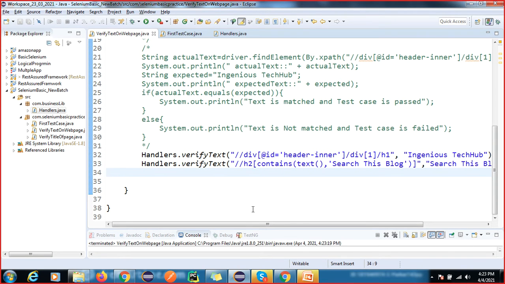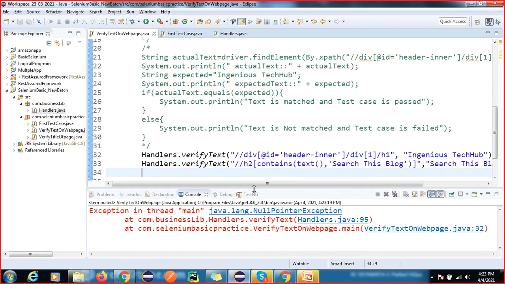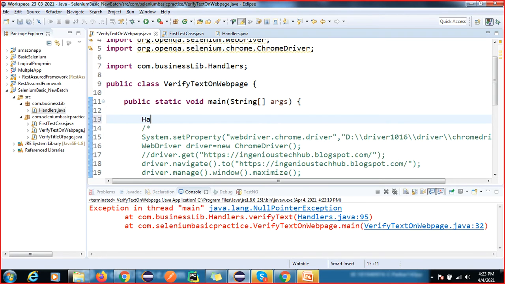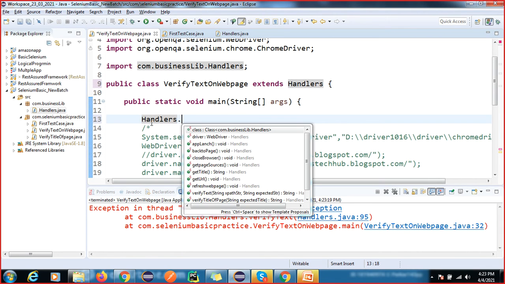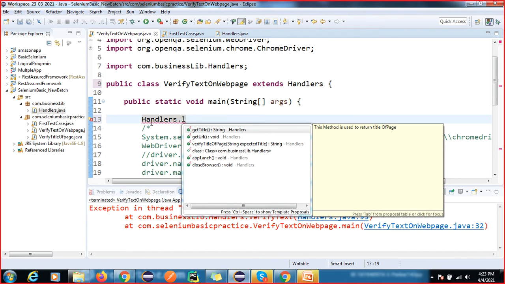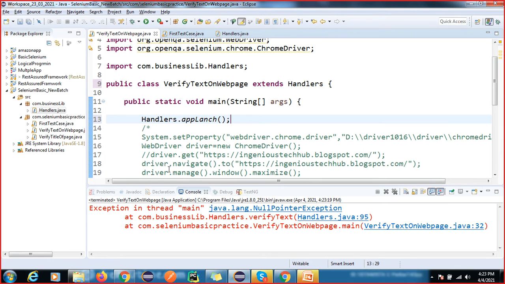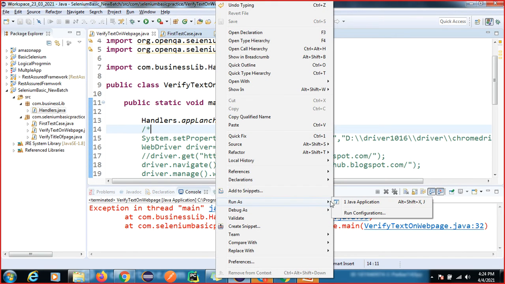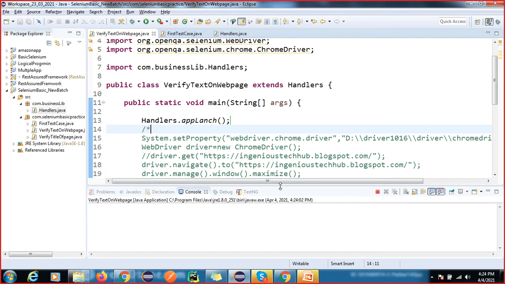So I'm trying to do, oh, why is it failing? Java dot null pointer. Oh, sorry guys, I did not call this method. Okay, and I have to do extends handlers. So handlers, always Java dot, sorry, null pointer exception means object is not pointing. Okay, so what happened, that WebDriver is not pointing, so that's why we are getting null pointer exception. Okay, so if you get this null pointer exception, just check if something went wrong with the initialization and all.